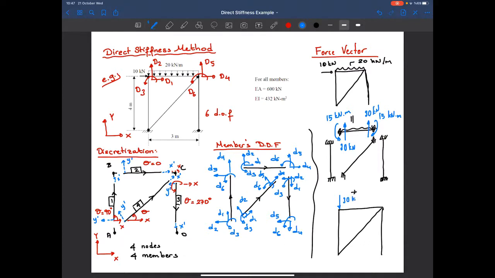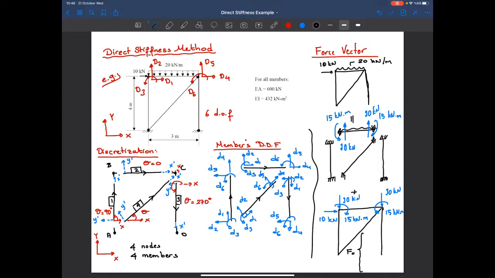30 kilonewtons, 30 kilonewtons. We have a nodal load that's equal to 10, and a moment 15, and another moment here whose magnitude is 15 kilonewton meter. Okay, so the force vector, the unbalanced force vector, let me write it in here, will be a 6 by